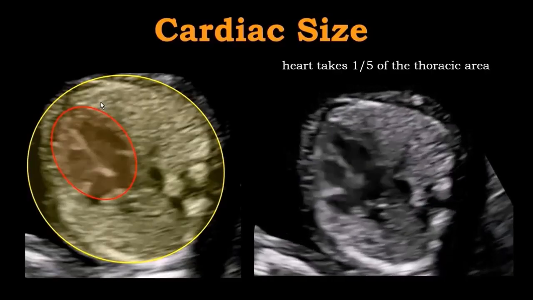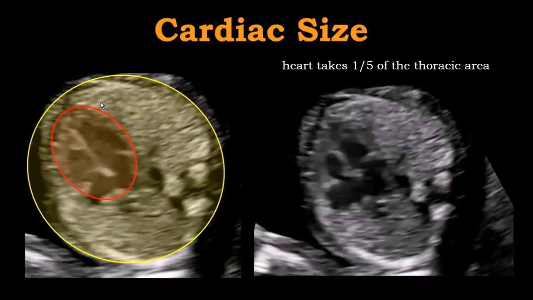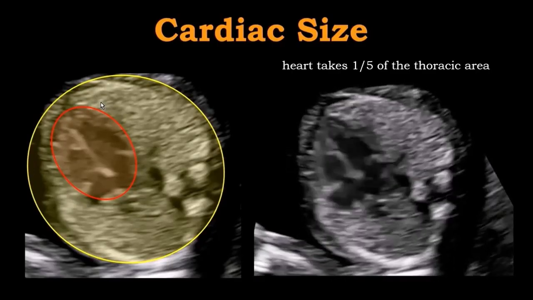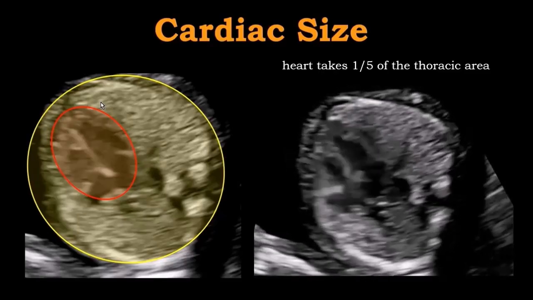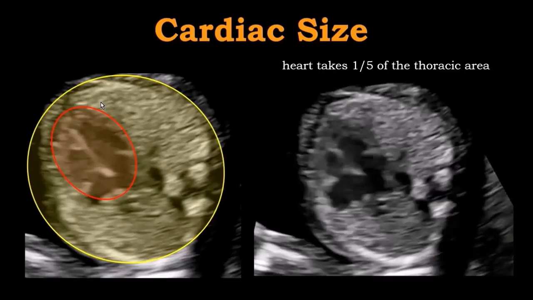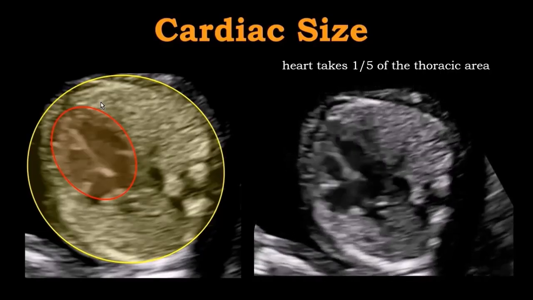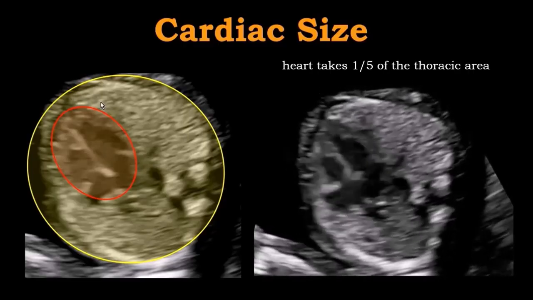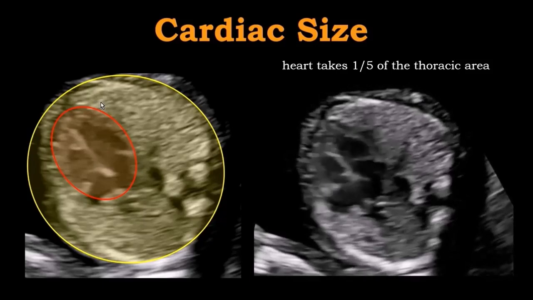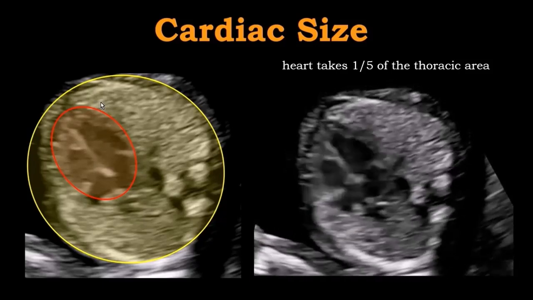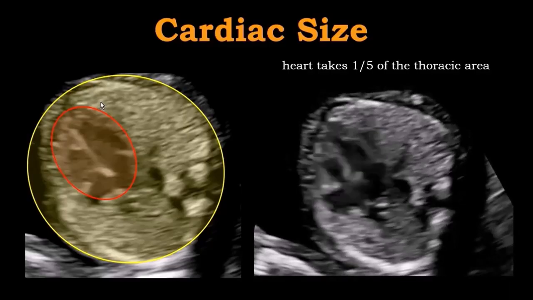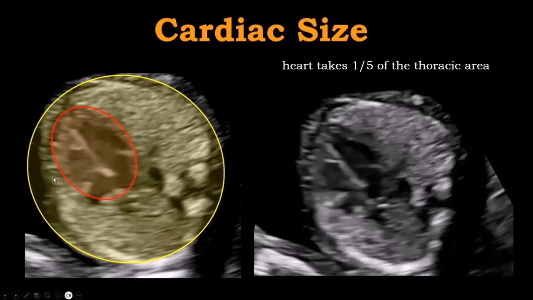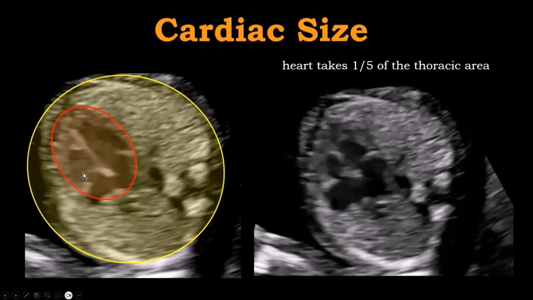So the next important marker for the cardiac anomalies that we are visualizing in the four-chamber view is the assessment of the cardiac size. We all know very well that in the mid-second trimester, the cardiac size is about 1/3 of the area of the chest, but in early gestation, this is a little bit different. Studies from Europe and our own observation also noticed that a normal heart will take about 1/4 or 1/5 of the chest, so the normal area of the heart, if we measure that, would be about 20-25%